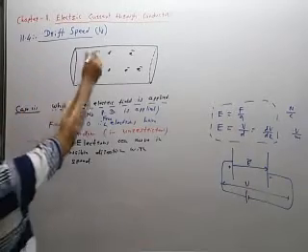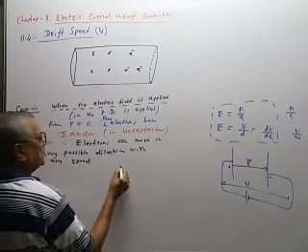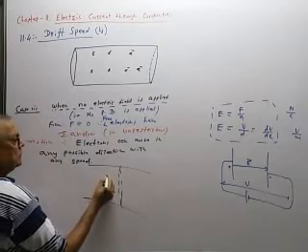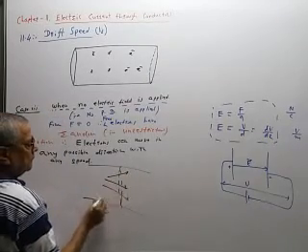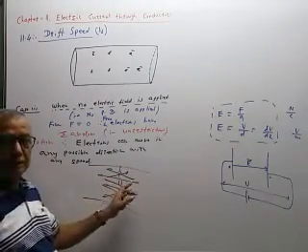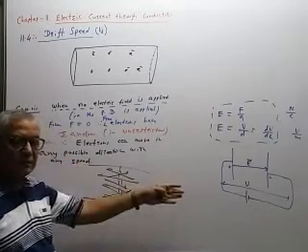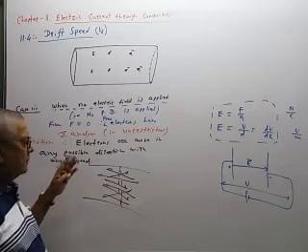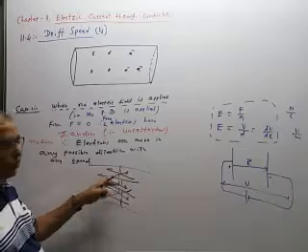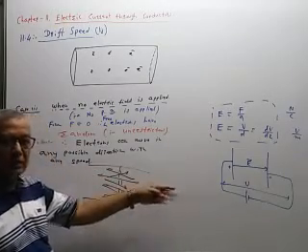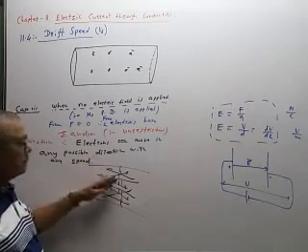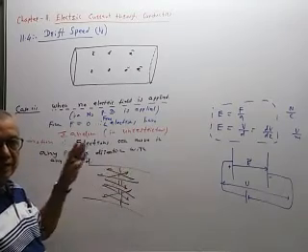For example, in this conductor, if we imagine a cross section like this, then some electrons are moving in this direction, and some electrons are crossing in this direction. So if we consider the charges moving in both directions, the net flow of charge through any cross section, for example 100 electrons moving in this direction and nearly 100 electrons moving in the other direction, on average cancels, because an equal number of electrons flow in opposite directions.